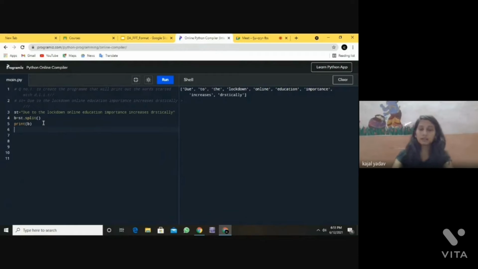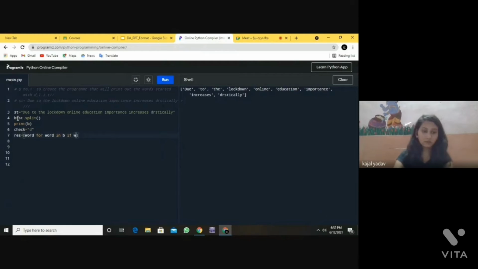we have to check the condition that the first letter of each word is equal to these letters D, I, and T. So taking the first letter as D, I'm giving the variable name check, which is equal to our first letter, that is D. Now I'm creating another variable, result, which will compare the D value. So result, I'm giving for word in b,